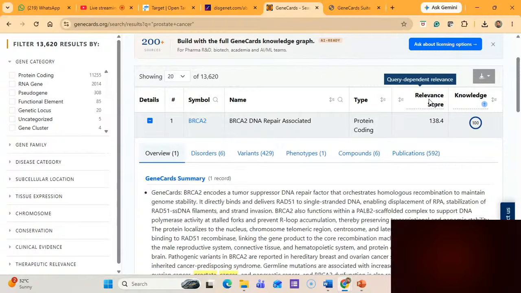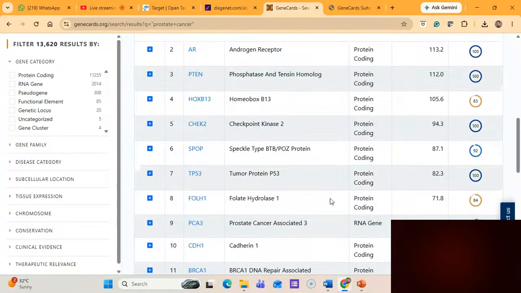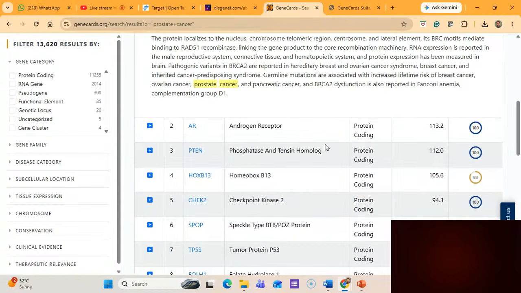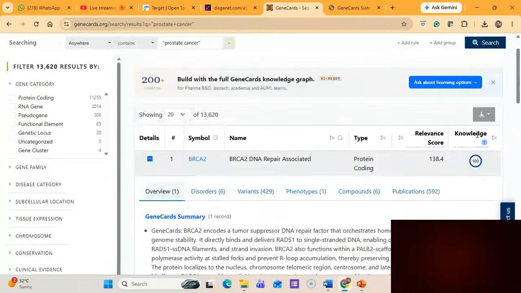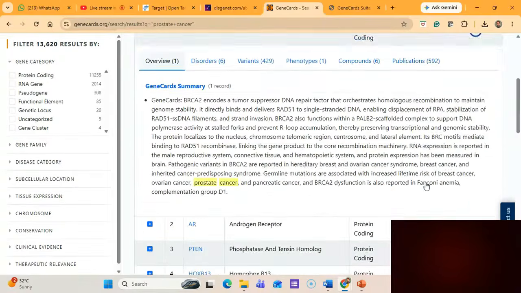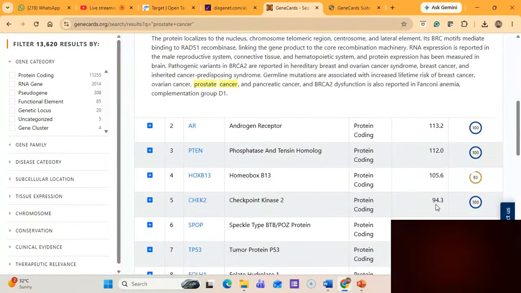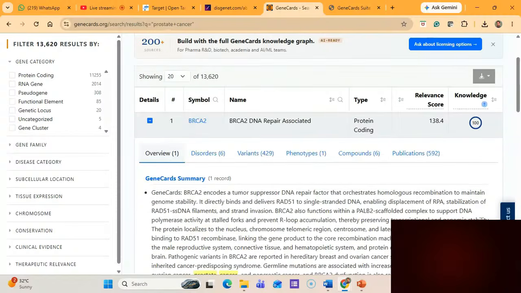You can see that it's providing the relevance score, so you can get the information. These are the second one, third one, fourth one. You can see their relevance scores, 138, then 113. So these are arranged in the order of the relevance score. Relevance score means this BRCA2 is